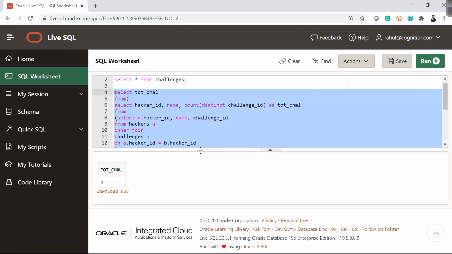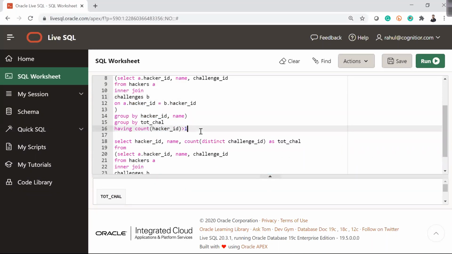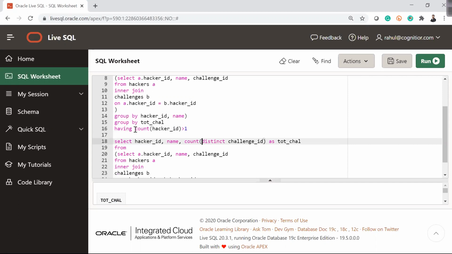Now what I want is to write a query where, on top of this, let me call one more query. Now this is a big query, so obviously it will take some space.